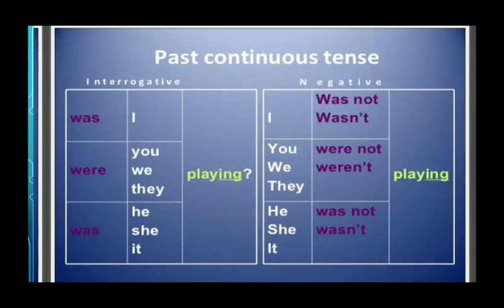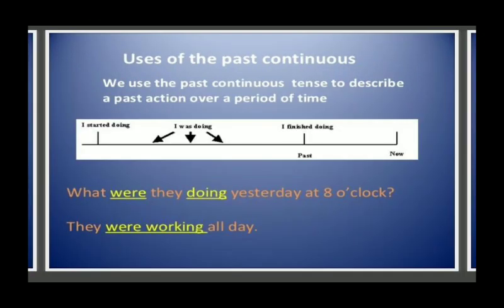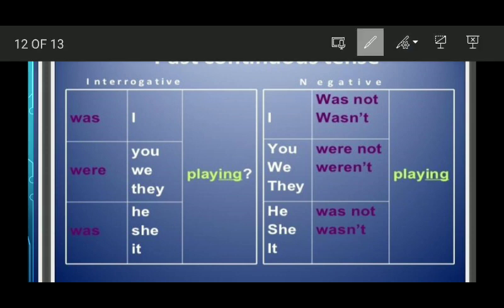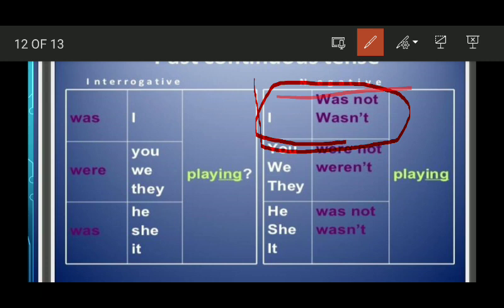And the next thing about past continuous tense: the negative sentence and the interrogative sentence. First of all, let us see how we can use the negative sentence. I was not. Keep this much in mind, I was not. After that comes the verb. This table is the helping verbs table and this one is the table of subjects. The first line is of the subject, the second line is of the helping verb, and the third line is of the verb. And this one is the negative sentence of the past continuous tense.